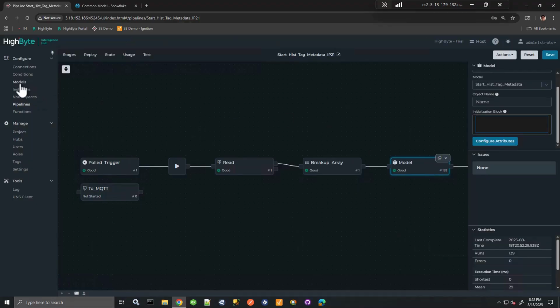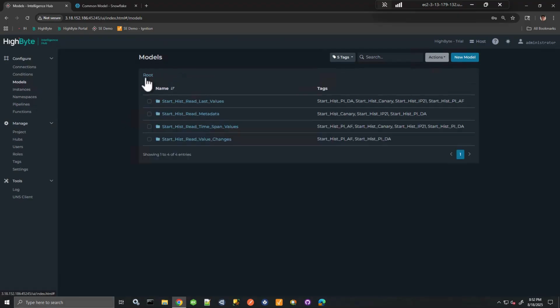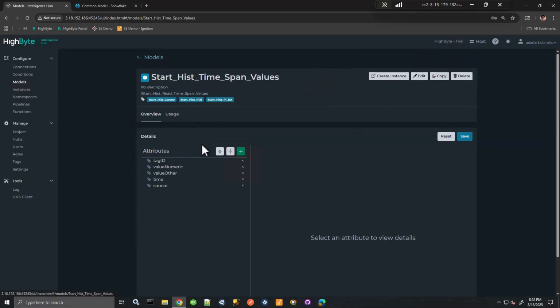Okay, so let's take a look at the tag data, the values that we want to send. And again, we have a model, and it's intentionally very simple. We just have a tag ID because we don't need much context because we're going to relate in Snowflake to that metadata table that has all of the information about a respective tag. Then I'm merely going to decide is the value a number or not, and then assign the timestamp from the historian. And I'll just use the source again so I know,